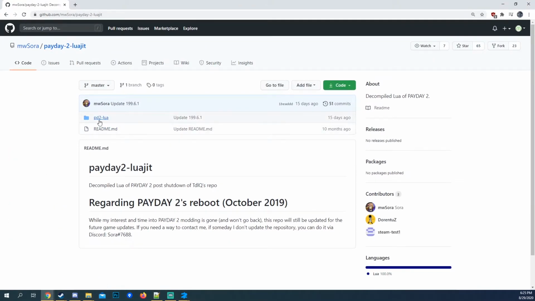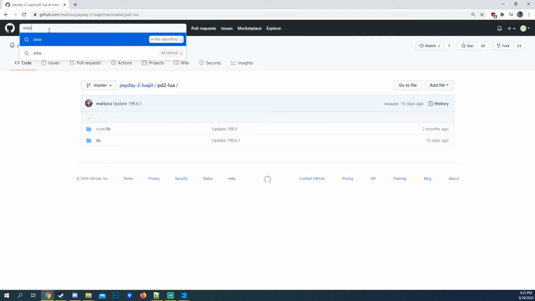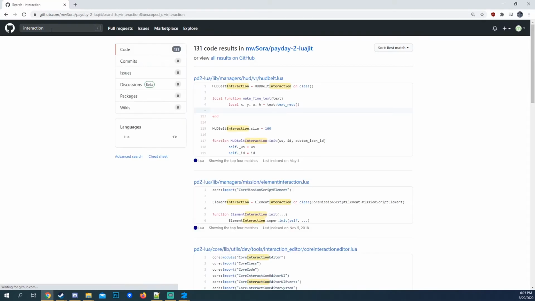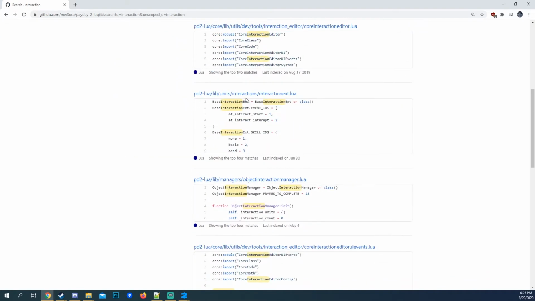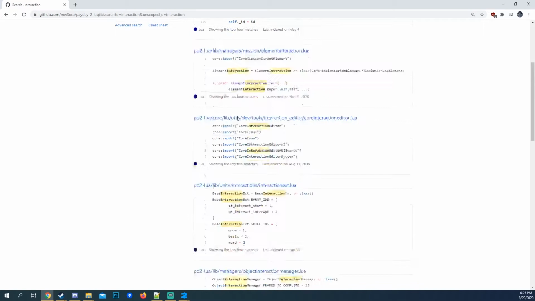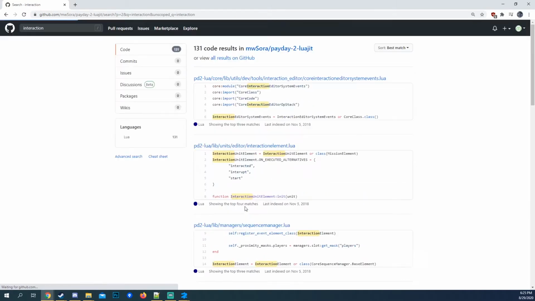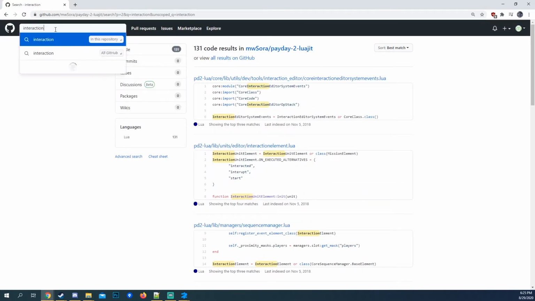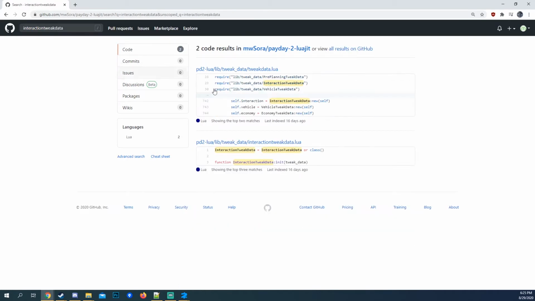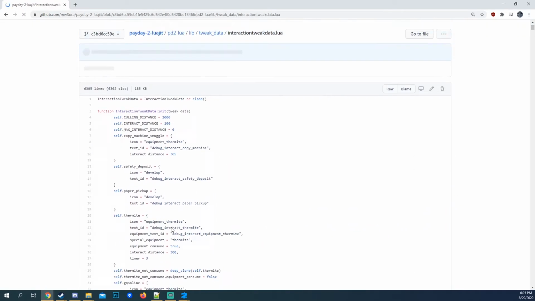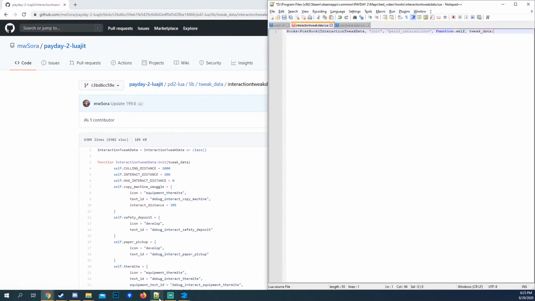Alright, so I'm going to go over how hooking works a little bit. Just the script notes. If I go to interaction tweak data, this is just a Lua dump of all the Payday 2 files. Tweak data. There you go. So how a hook works: you can see here we have hooks, post hook, interaction tweak data. So we're hooking into that interaction tweak data right here. And we're doing the function